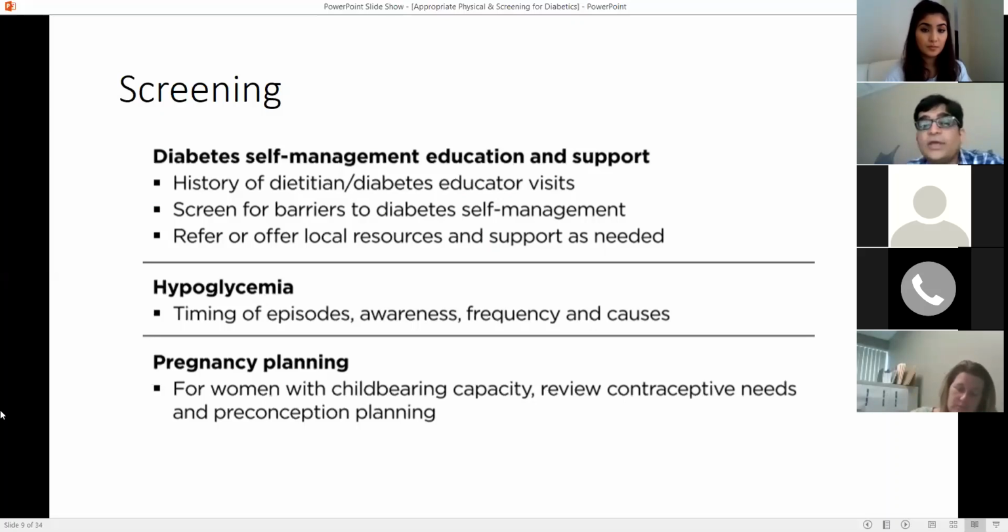I want to know about their hypoglycemia, how often they are having them, and at what numbers they can feel a low blood sugar. Hypoglycemic unawareness from the autonomic neuropathy is very common in these patients. And if they cannot feel a low sugar in the 70s or lower, then they are at increased risk for hypoglycemic unawareness and complications. If it's a young female, I want to know if she wants to get pregnant,